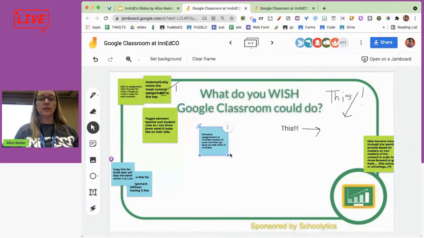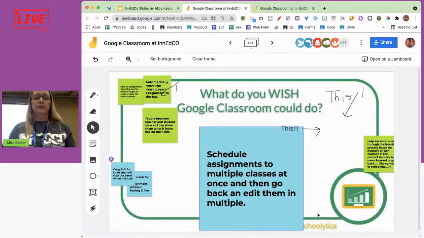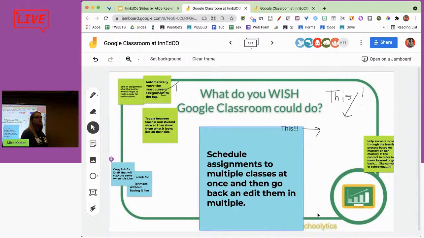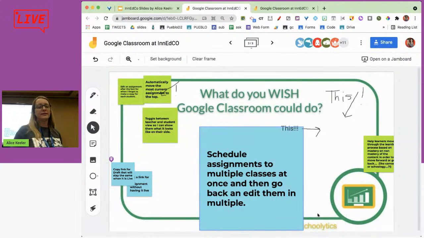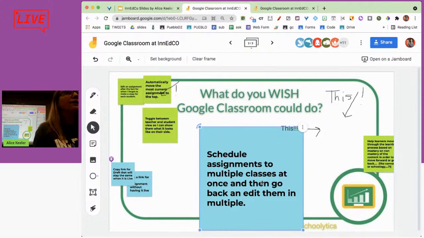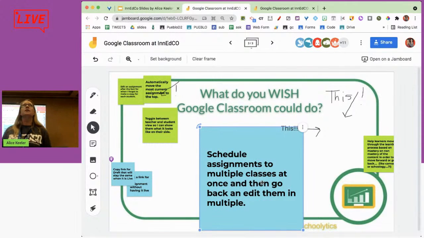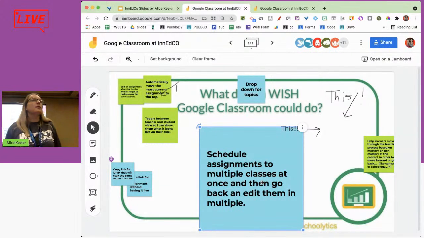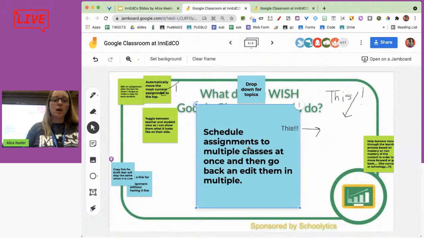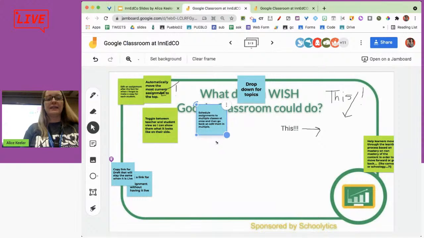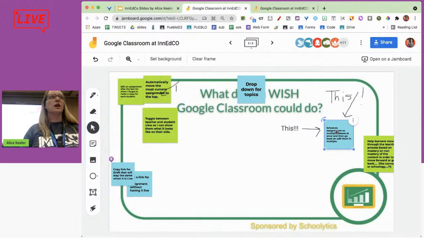And good news, they're doing that. So that is a feature that they have already announced that is on the horizon, being able to schedule multiple assignments or assignments to multiple classes. So I don't know when it'll be live. I saw the new Google Sites 2 years before it actually came out. So who knows? At some point, don't hold your breath, these features will come. But that is on their roadmap, and I'm allowed to talk about it because they've made it publicly known.